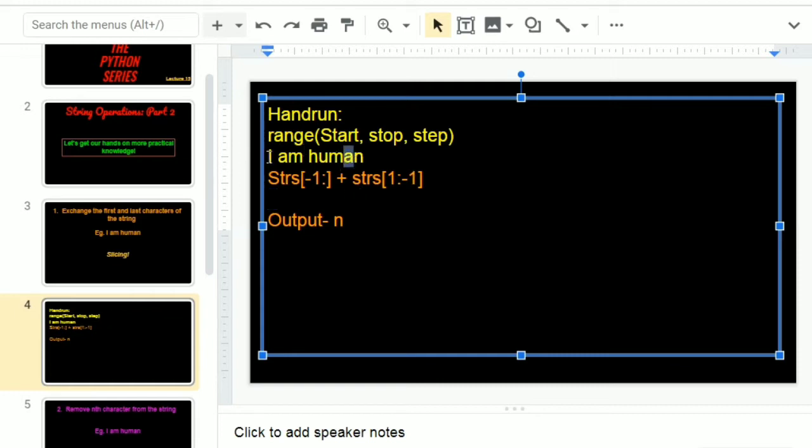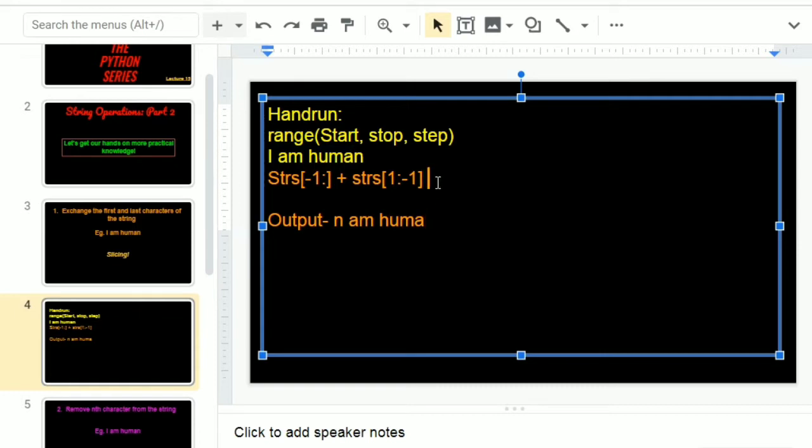So you want to print from here up to, why not I? Because we are starting at 1. And if you remember, strings start from 0. So this space and up to a. So if I add this here, I will get a space am HUMA. That's it. That's all you get, because we are stopping at -2.